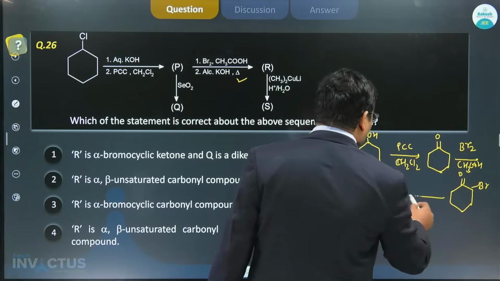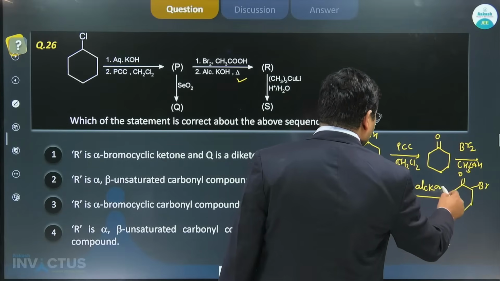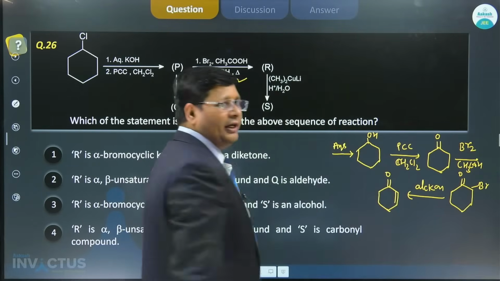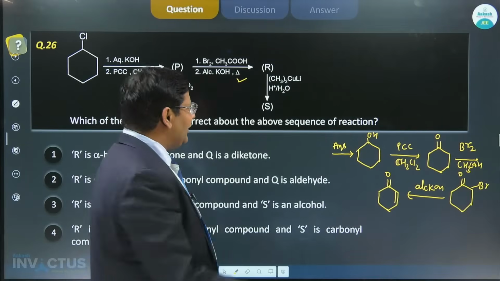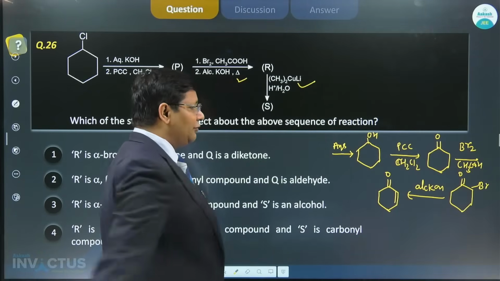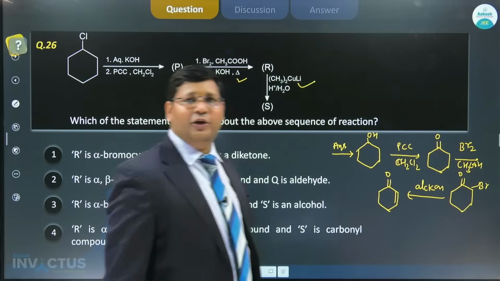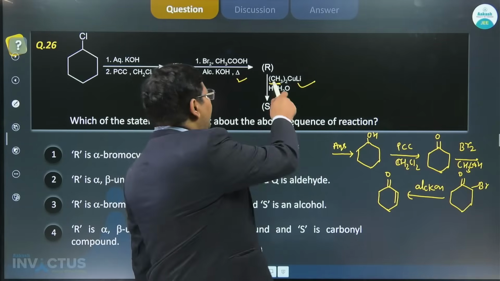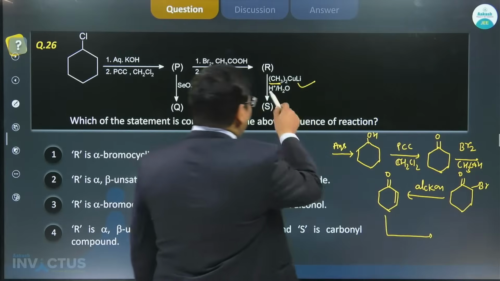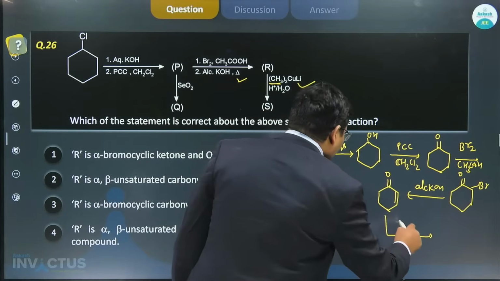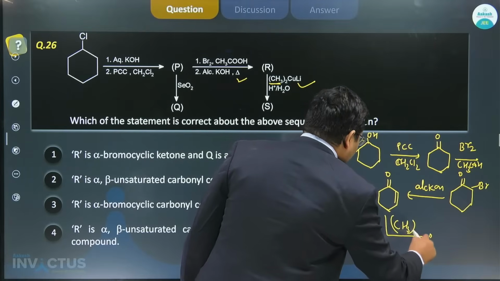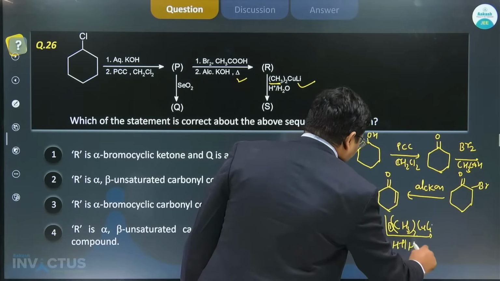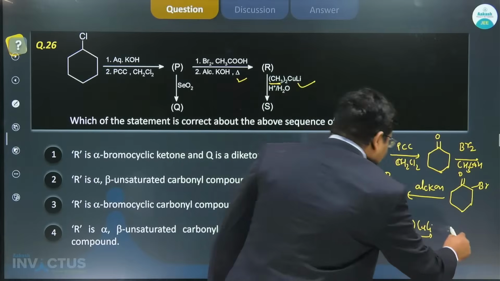After adding alcoholic KOH to this compound, you will get a conjugated carbonyl compound. In a conjugated carbonyl compound, 1,2 and 1,4 addition can take place. The concept here is conjugate addition. It is a soft nucleophile, so definitely it will prefer 1,4 addition. In 1,4 addition, we add (CH3)2CuLi, which gives conjugate addition followed by H+ and water. So obviously in this case you will get